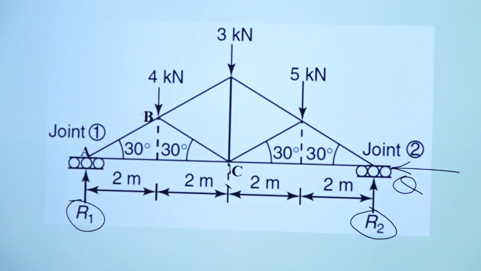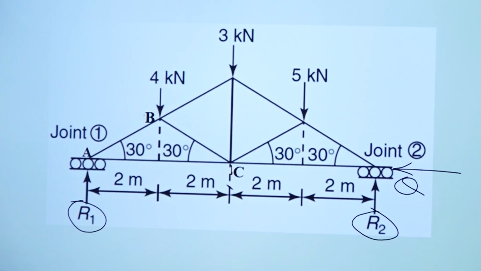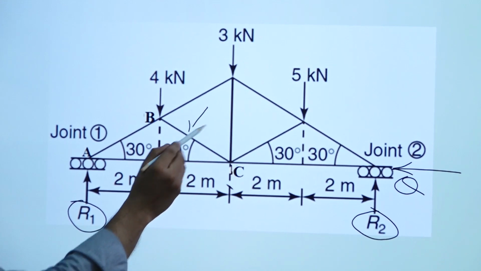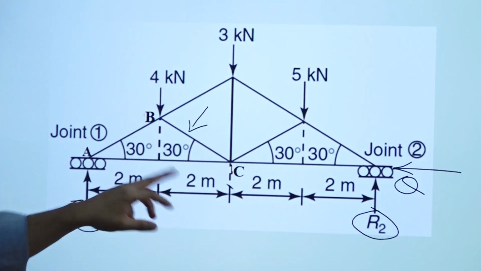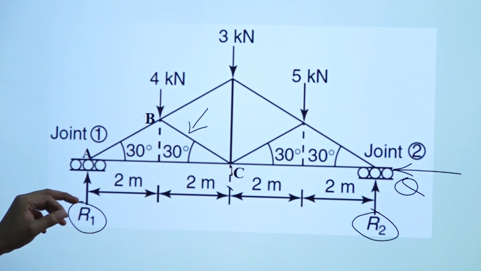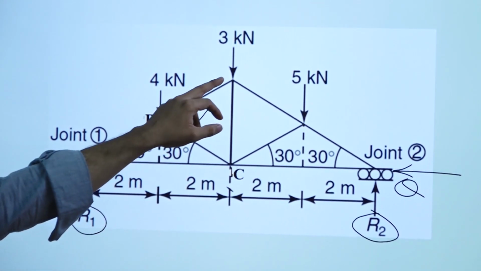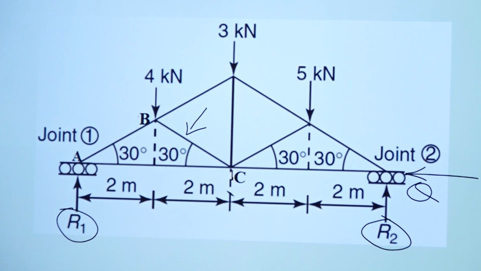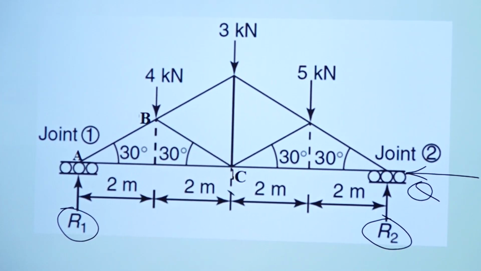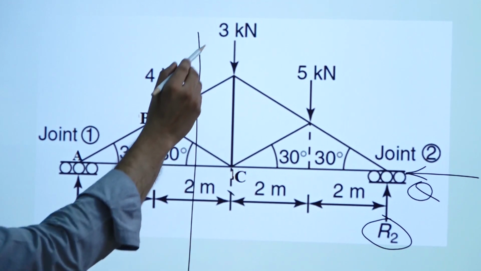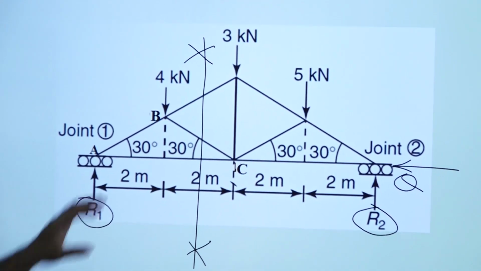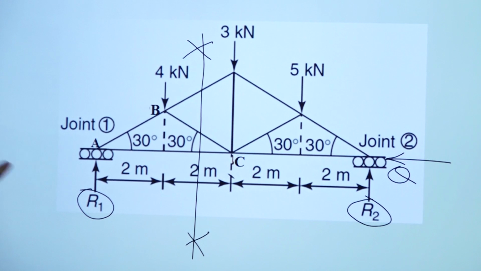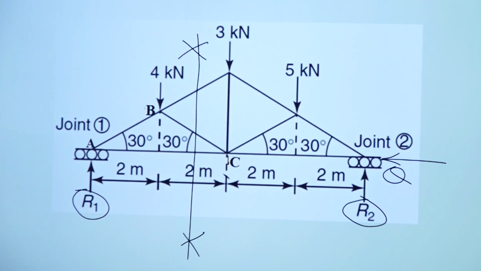Now we have to solve this problem, and because this is looking very complicated, and they are asking for the force in the link CB, they are asking to find out the force in this link. This link is nowhere connected with A and B, right? This link is nowhere connected with these forces. So what we simply do, we'll just cut this section. We'll cut the framework into 2. We'll make a cut like this here, and we'll take this out. Then we are going to analyze that part.